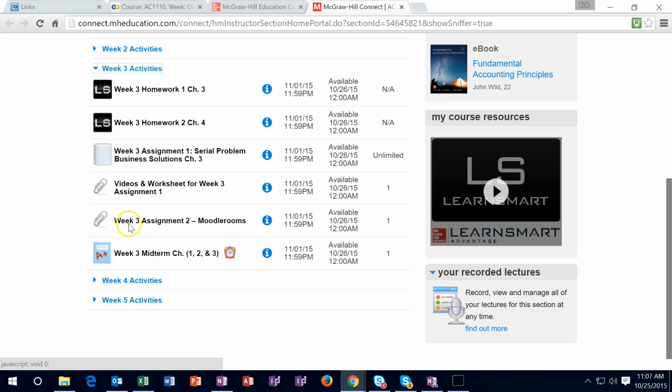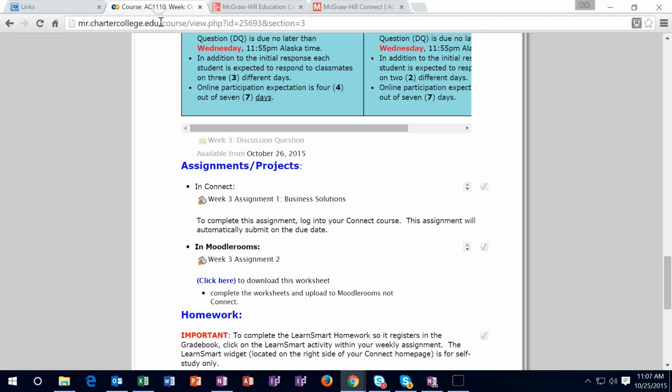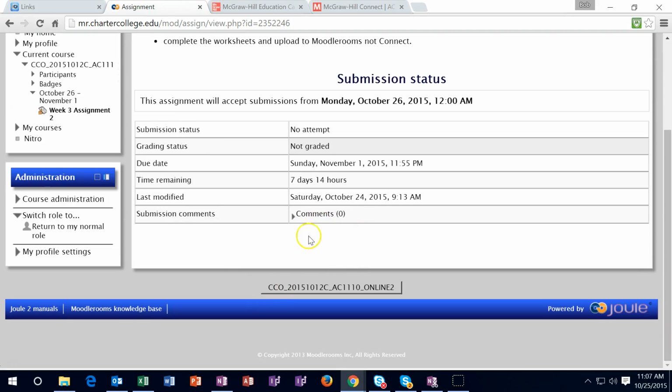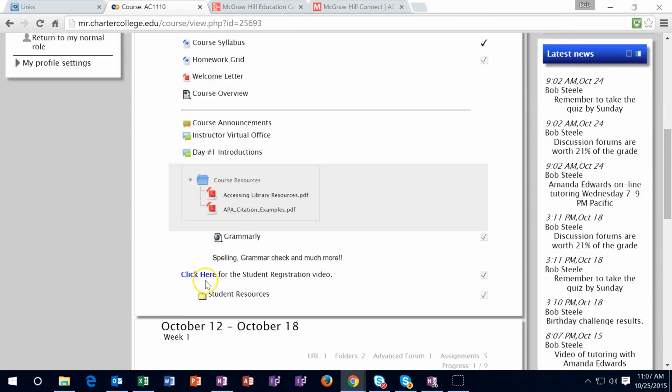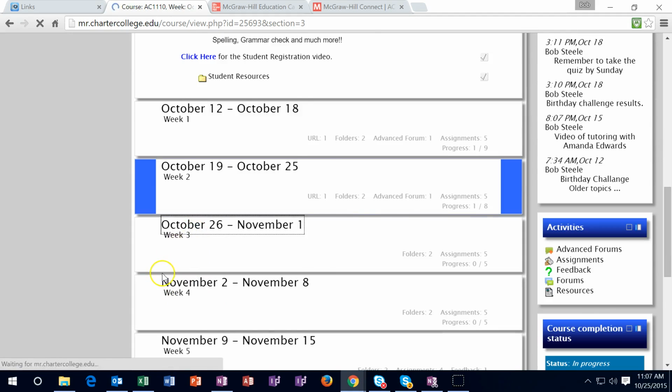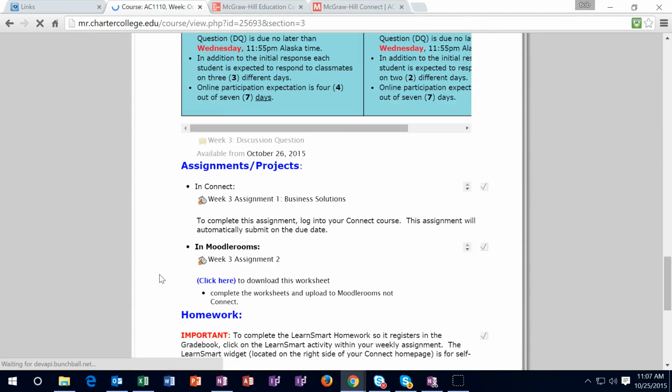Then you have the Moodle Rooms assignment. This one does not need to be turned in here. I put the paperclip in here just to remind people, because once people get used to Connect, they stop going into Moodle Rooms. So I'm going to put this paperclip here and show you this Excel worksheet assignment that doesn't need to be turned in anywhere in this platform. It needs to be turned in at Moodle Rooms right here in this platform. So if you open up this assignment, and when the week is open, there'll be a submit button at the bottom right there. That's where you want to turn that assignment in. I'm going to go back up to the cookie trail up top, and I'm going to scroll back down to week 3. And so that is going to be those.